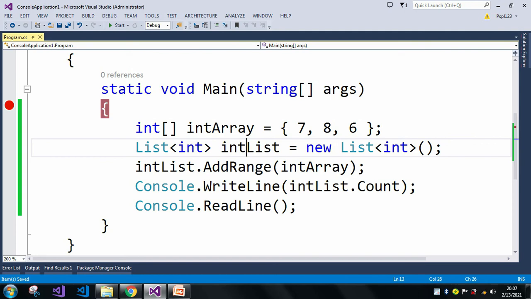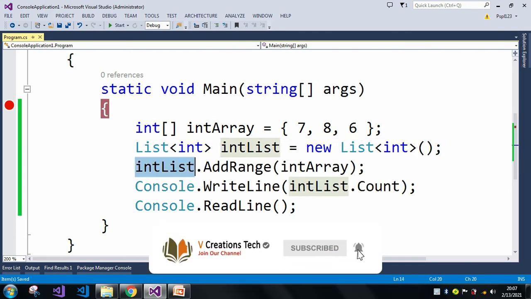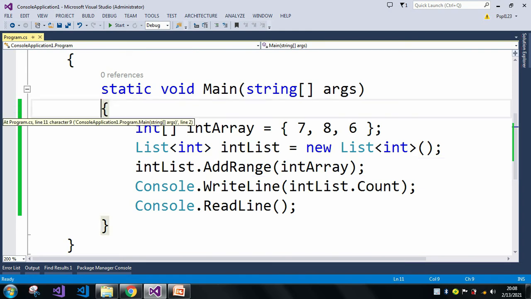After that I created a list of int which can take only int values. And with the int list object I use the AddRange method, where I can add more than one item into this particular list. And my int array contains more than one item. After that, in Console.WriteLine I am printing the length of this int list, and as it contains three values, it should print 3.